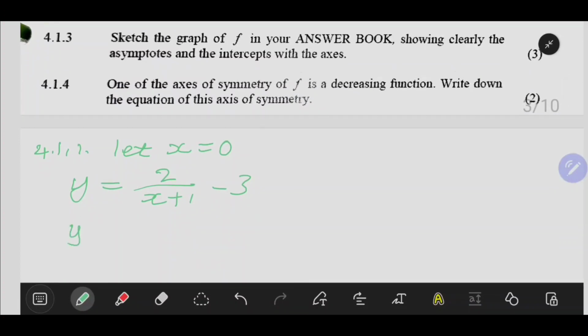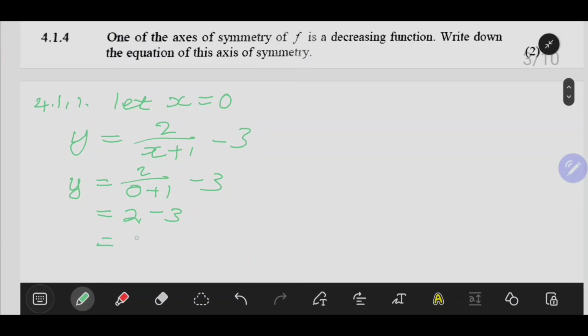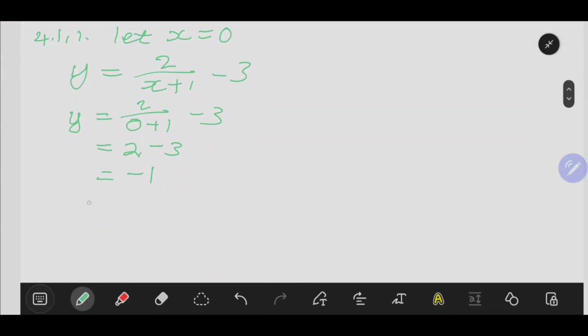Then y is equal to 2 over 0 plus 1 minus 3. This is 2 divided by 1, which is 2, then minus 3. Then our y value becomes negative 1. Because they want the coordinates, we have to put this in coordinate form. We know that when x is 0, our corresponding y value is -1. And then we are done with our